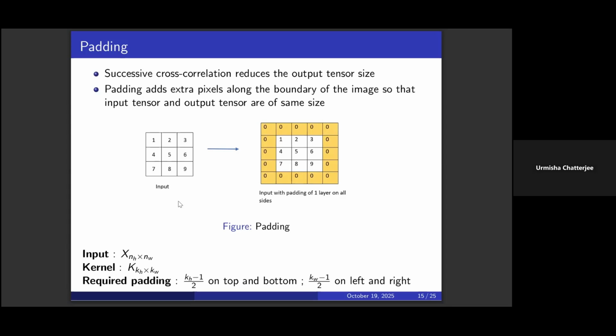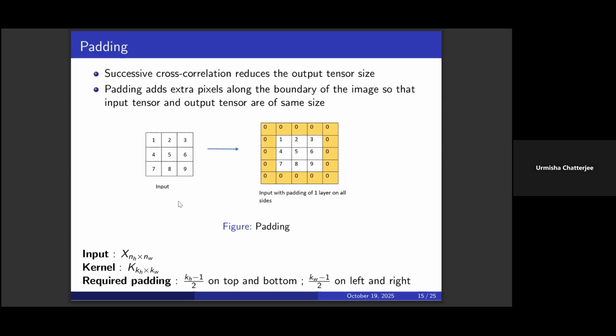A few more technicalities related to convolutions. One is that we have seen that whenever we are doing a cross correlation operation, our output size is reducing. Now it's good when we have a very high pixel image, say 100 by 100 image, but if we have small size images, say 32 by 32, then we cannot run a very deep network if we want to capture many features, because the output size will decrease drastically.